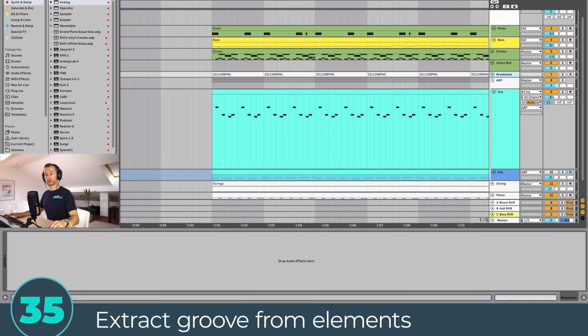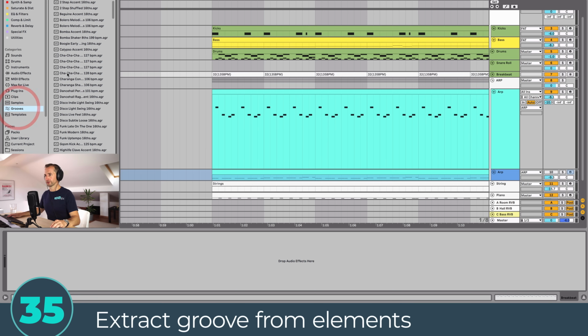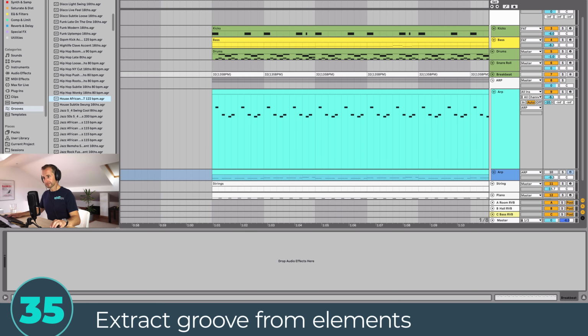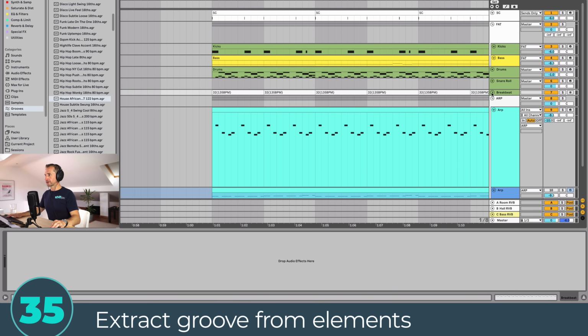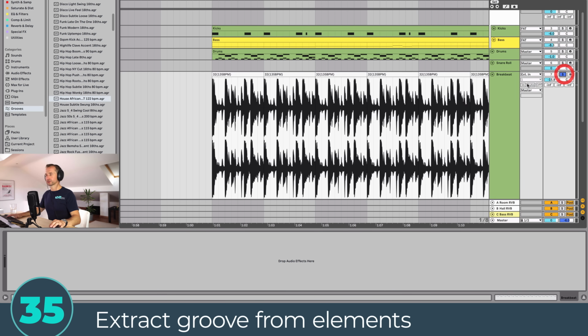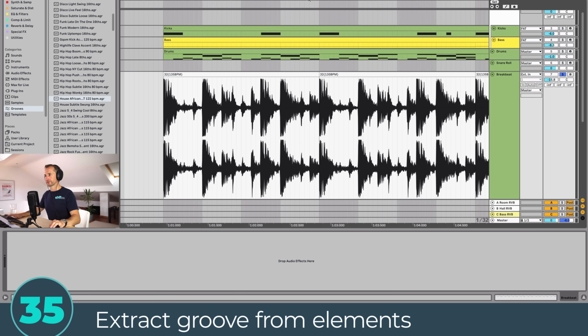Now when it comes to groove templates, you can search through the library in Ableton Live 11, so in grooves, and as you know if you watch my groove lesson, you can drag those onto different elements and it's going to apply that groove, but you can also extract groove from elements as well. So if you've got a particular vocal or a drum beat that's got a slightly different groove from the rest of your track, like this,